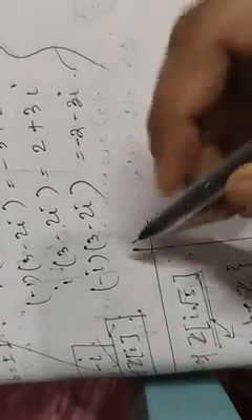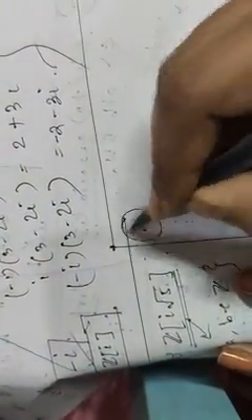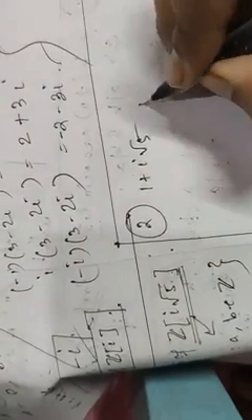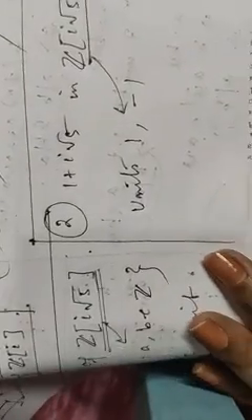Next, moving to another example of finding associates. Example number 2. Find all associates of 1 plus i root 5 in Z[i root 5]. How will we do that? This is very easy. This is the required domain here. What are the units of that domain? We have already found it. These are 1 comma minus 1. These are the units. So what will be the associates?